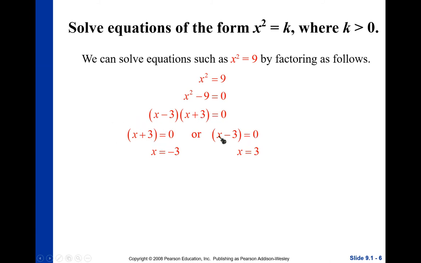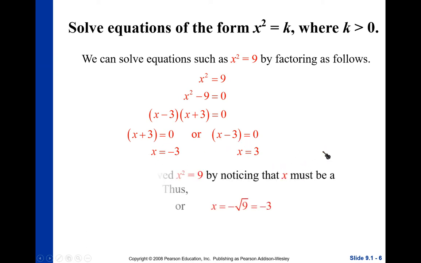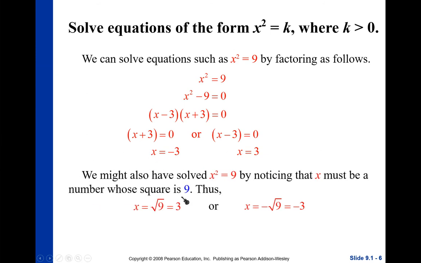At ito naman, x minus 3 is equal to 0. Then, kunin natin yung values. Siyempre, ilipat natin ulit sa kabilang side. So, x is equal to negative 3. At ito naman ay x is equal to 3. Therefore, the values are... Now, we might also have solved x squared is equal to 9 by noticing that x